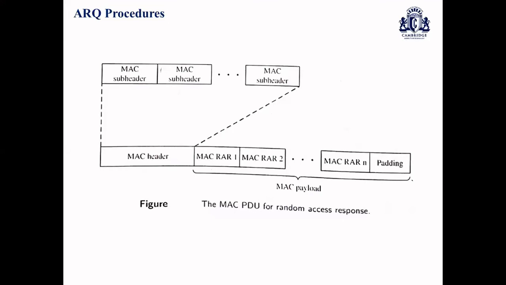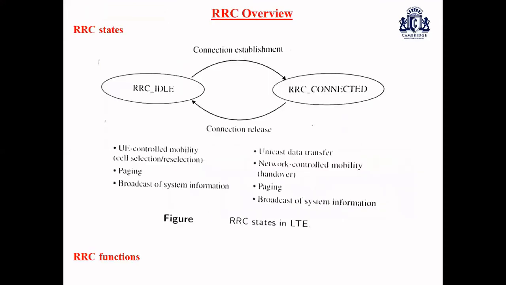So when we talk about RRC overview, it is radio resource control. When we talk about the layer discussion, this RRC layer takes care of RRC connection management, radio bearer controlling, as well as mobility function, as well as your user mobility. When I say user entity, it's nothing but your mobile entity measurement with respect to controlling as well as reporting perspective. It is also responsible for broadcasting system information as well as paging information. So these are all the major functions that are performed by RRC. That's what your radio resource control.